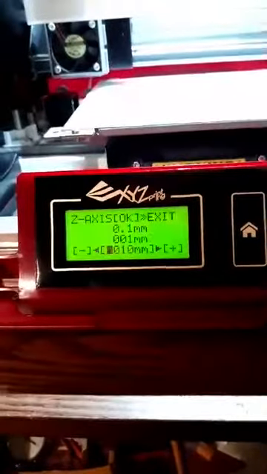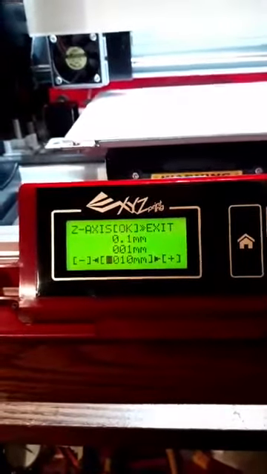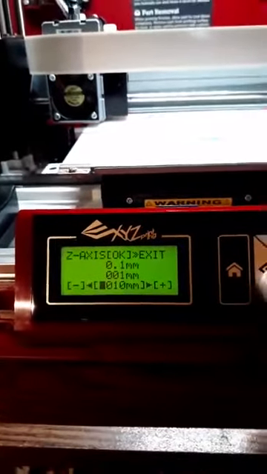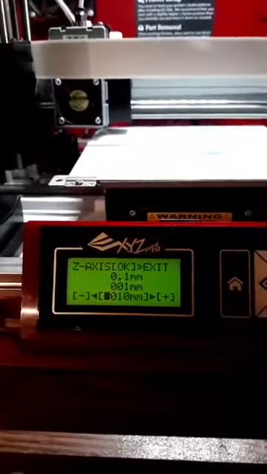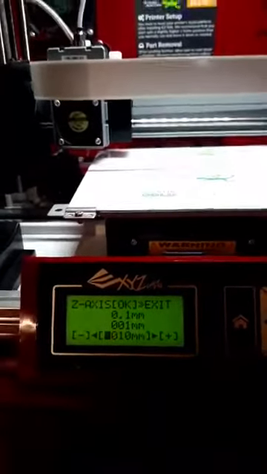I believe it's 6 by 6 by 6. And let me just see if that Z-axis will work again. That's weird. Let's see, I'll check out why that doesn't work.